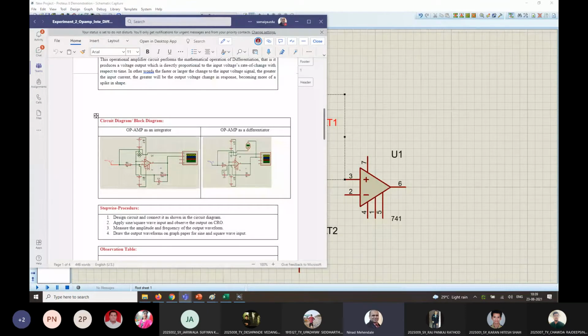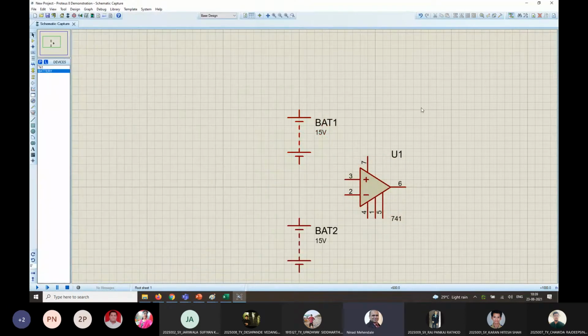You can remember these pins by using the name of the IC. 7 is VCC, 4 is your minus VE, 741. One is not connected. So let us go for the grounding. Go to the terminal mode, choose ground, place this ground somewhere over here, and then you connect that ground